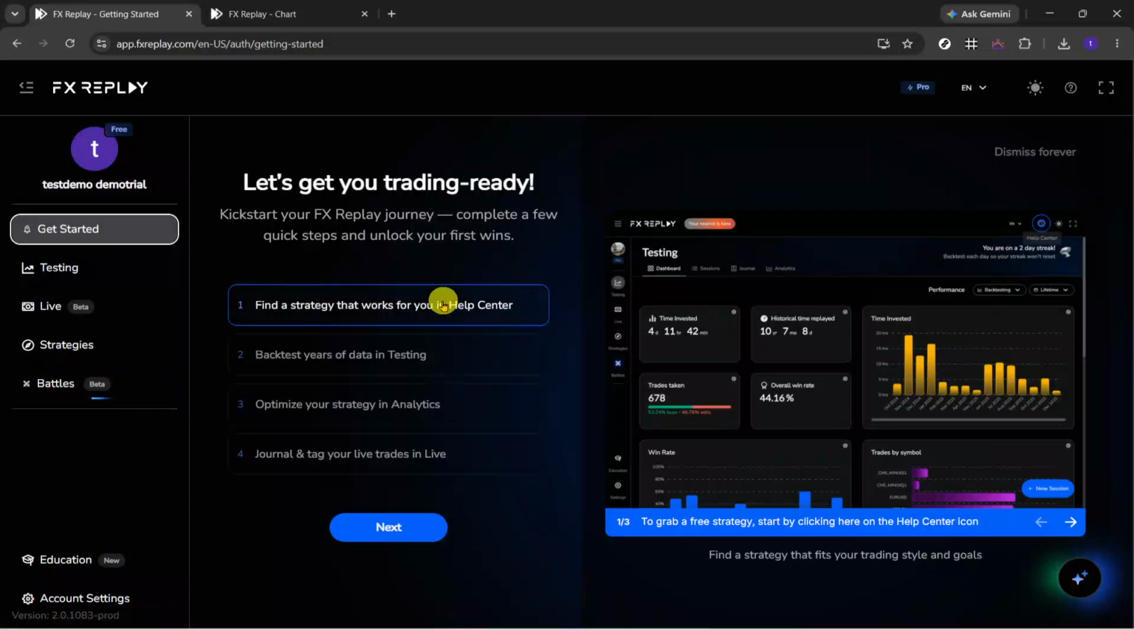Hello, today we will guide you through how to see news on FX Replay. In this walkthrough, we'll quickly navigate to the chart area in FX Replay and show you where to find the news section. This is helpful when you want to view market-related information directly from your testing environment without searching around